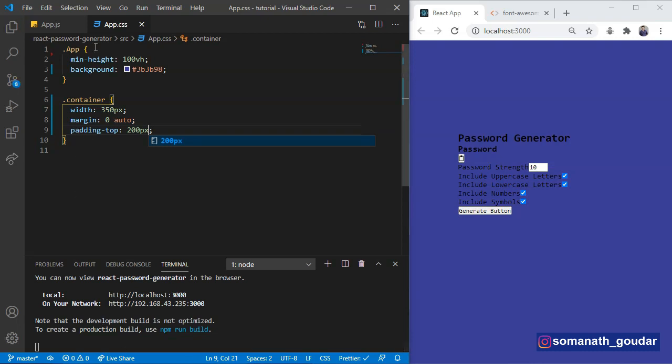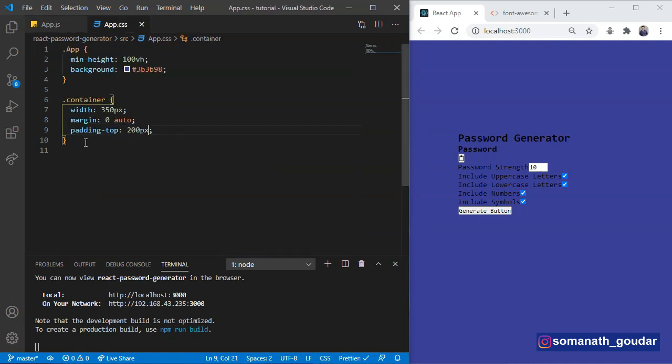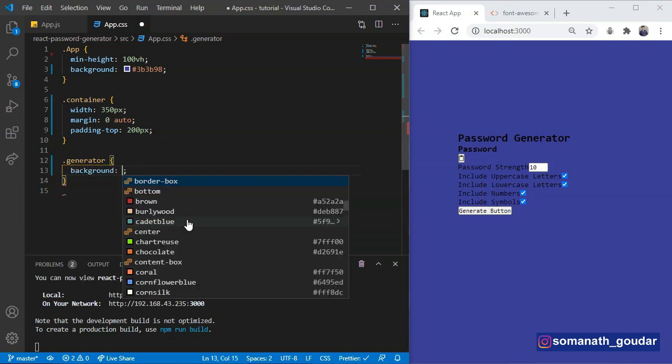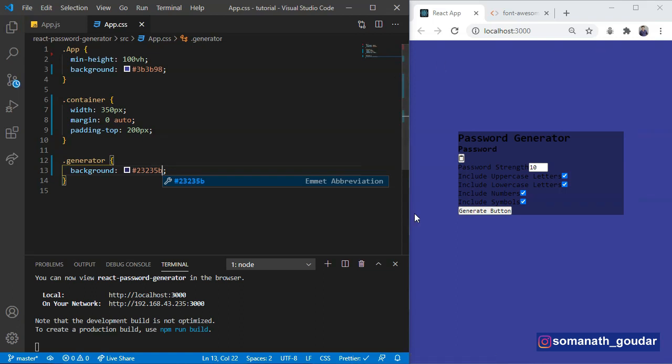Okay, now let's target that generator and give it a background color a little bit dark, to this color. Let's save that. As you can see, it's a little bit dark compared to the background.